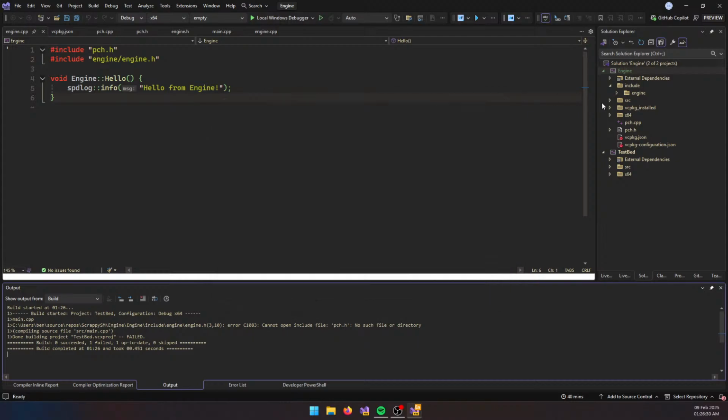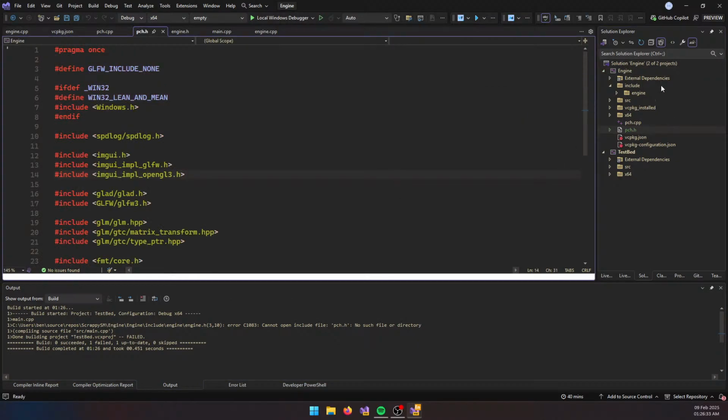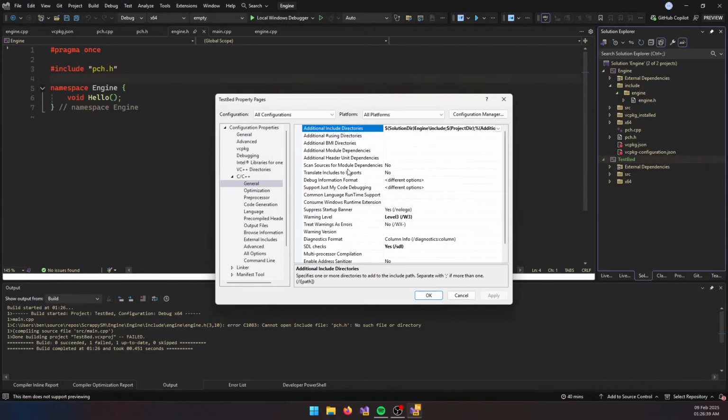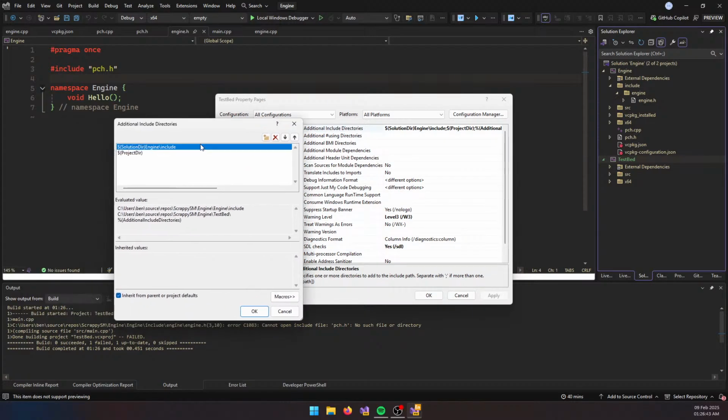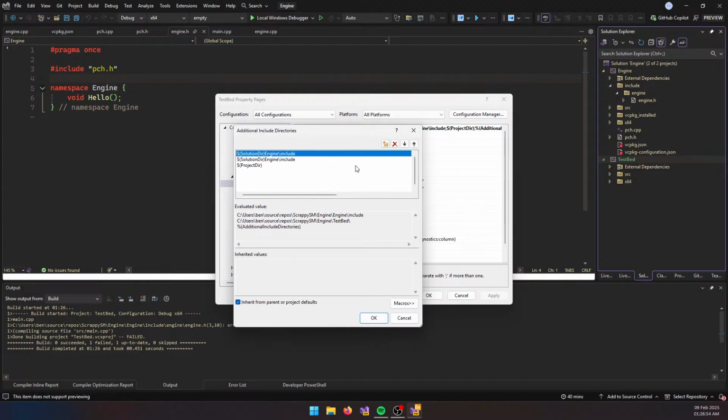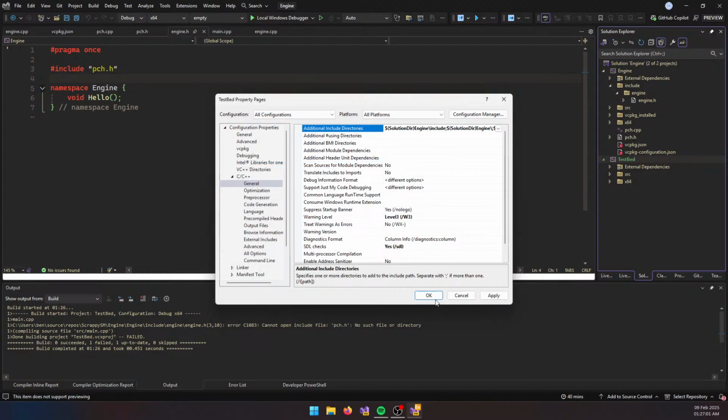So we already have project there included. So we already have rpch.h. So let's just think about it for a minute. What's happening? It's because we don't have the actual engine included. We have the engine does include folder only. So let's just add. Actually, I don't like how that looks. So let's just pop this back open, shove that in there, and then let's remove include from this one because I think it looks neater. You might disagree, but